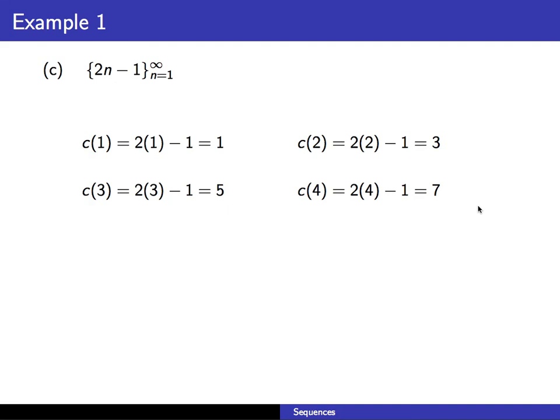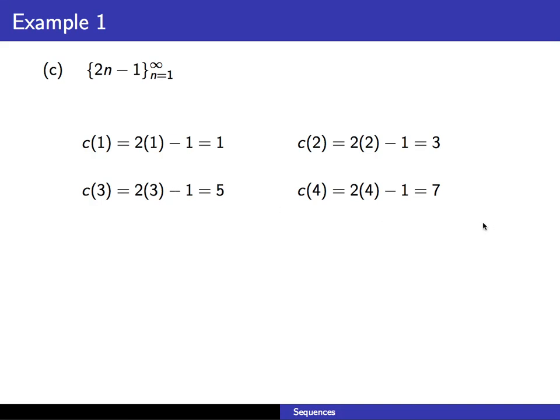Notice this gives us another sequence of odd integers, and that's because 2n minus 1, if we start with n equals 1 this time, is going to generate odd integers, just like 2k plus 1 when we started with k equals 0 generated 1, 3, 5, and 7 in the denominator for the last problem. So oftentimes with sequences, you can have many different rules to generate the same sequence. In fact, there are an infinite number of ways to successfully generate odd integers, depending on your sequence rule and